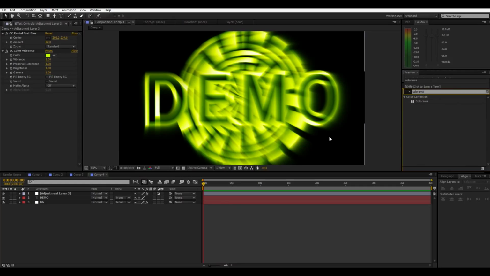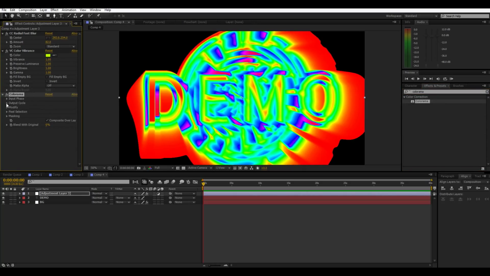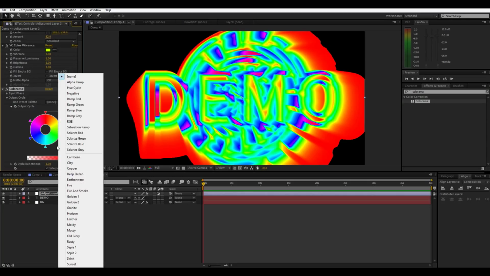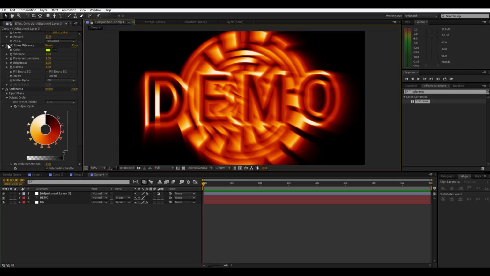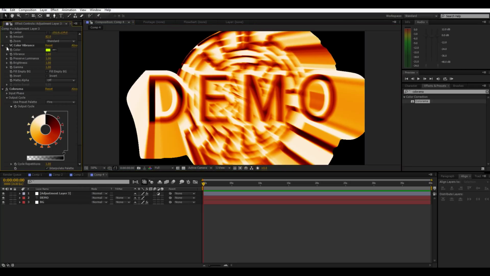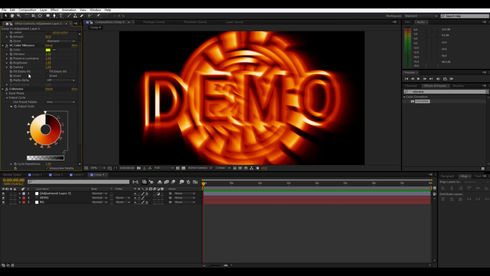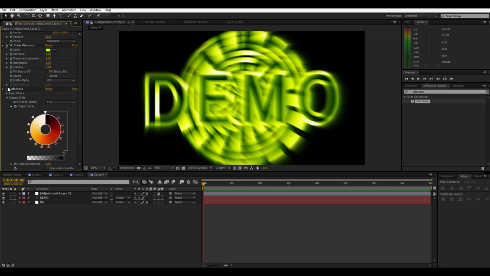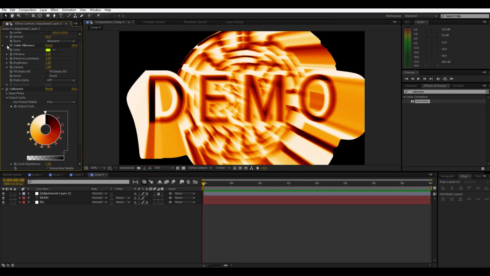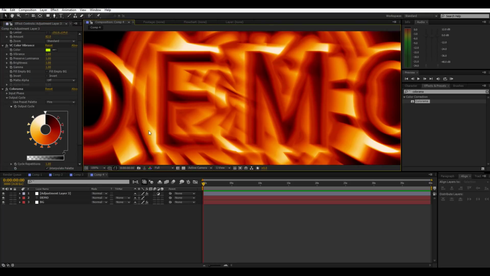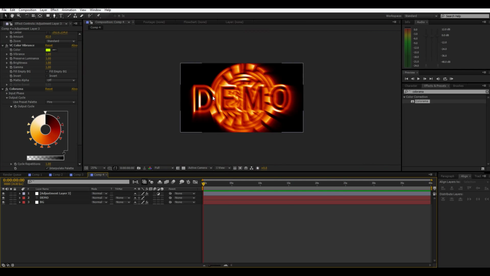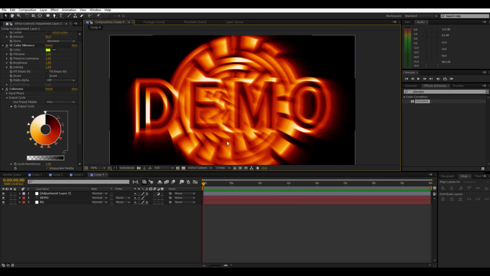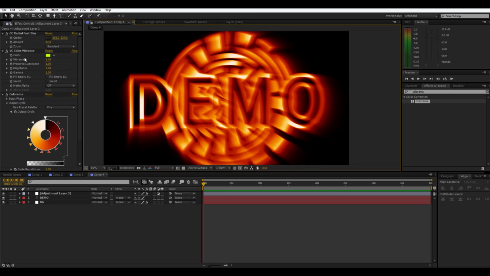colors, you can use Colorama instead. And this, it looks crazy at first, I know, but if we switch it to like fire, there we go, that looks pretty good. And you don't even really need the VC color vibrance, but it does help for some reason with some of that alpha channel stuff, keeping it a little less blocky. So it just sort of smooths stuff out a little bit. I think it's with the color channels it gets rid of. So anyway, now we have our cool looking